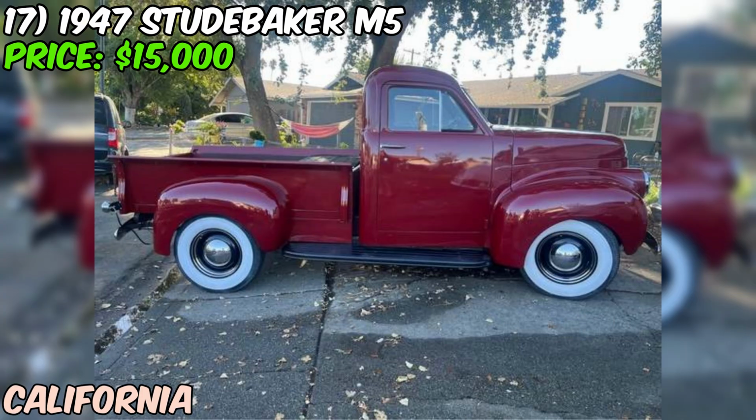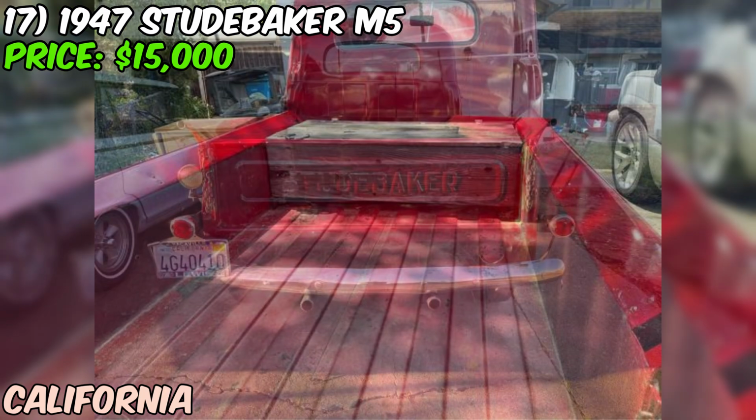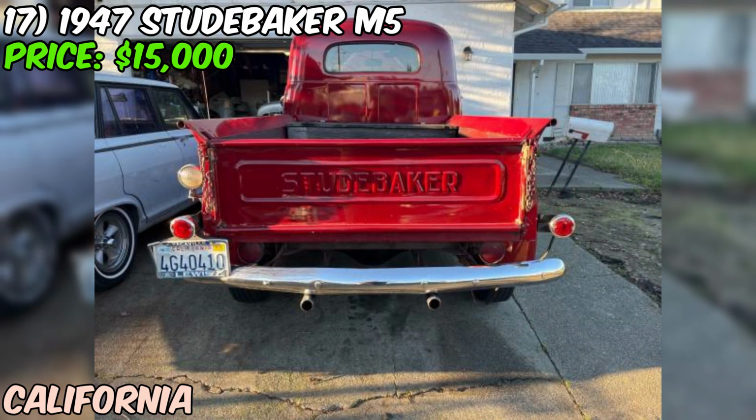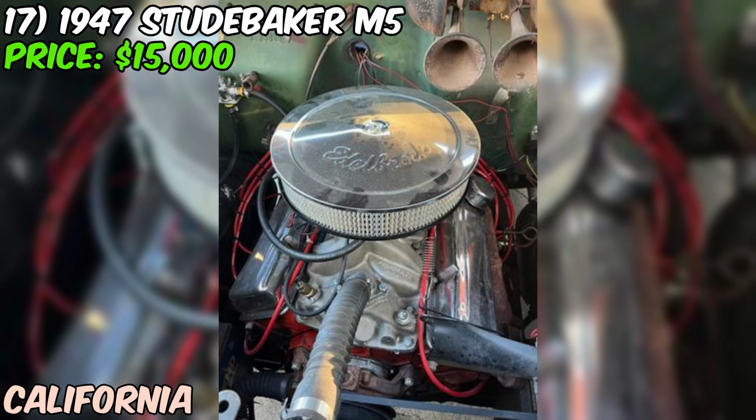17. We're looking at something really unique. A 1947 Studebaker M5 pickup asking $15,000, and this one's got some interesting mods that make it a proper driver. Let's talk about what's making this old Stude tick. Gone is the original engine, replaced with a 305 V8 that's showing strong compression numbers. The builder went with some solid performance parts, a new Edelbrock RPM intake, a 600 CFM carb, an HEI distributor, and a